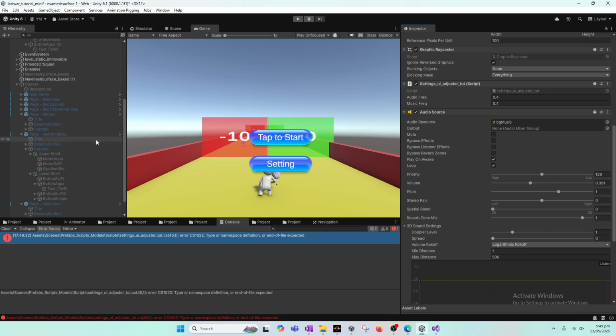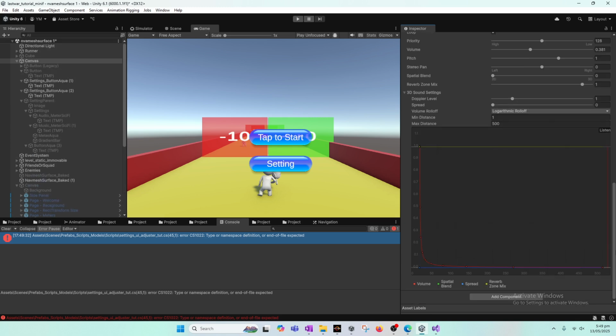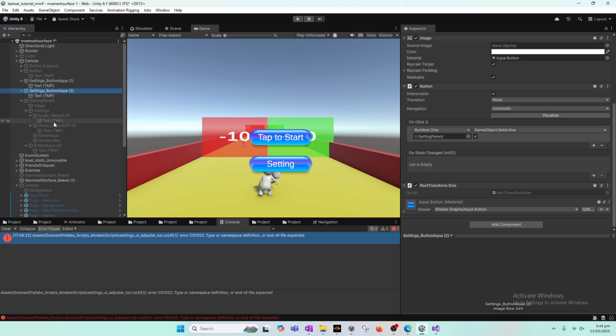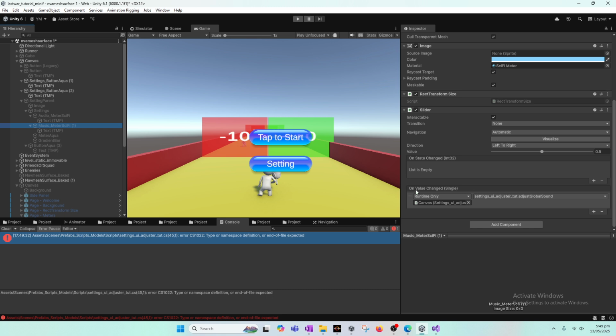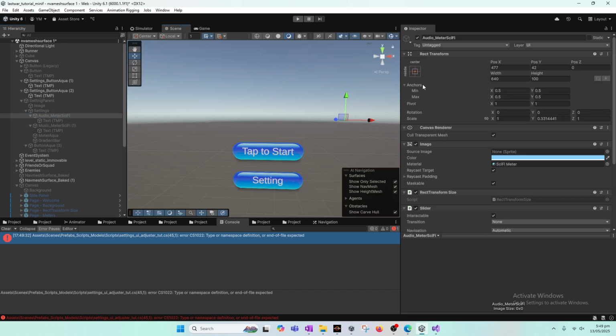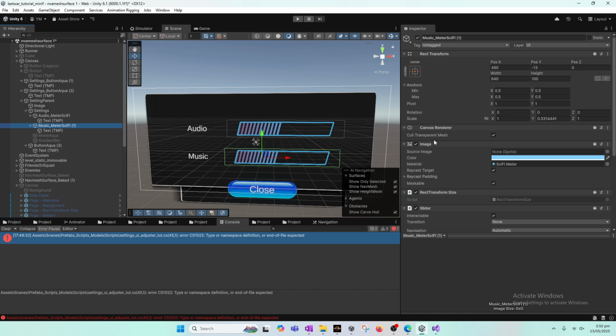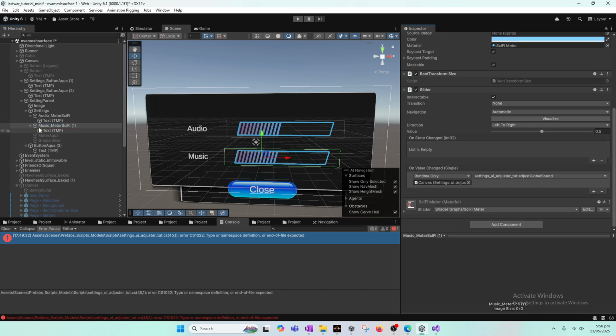So now if we head back to our second meter again, this is the first meter, audio master sci-fi. I will temporarily set it as visible. So here we can see this is the music,